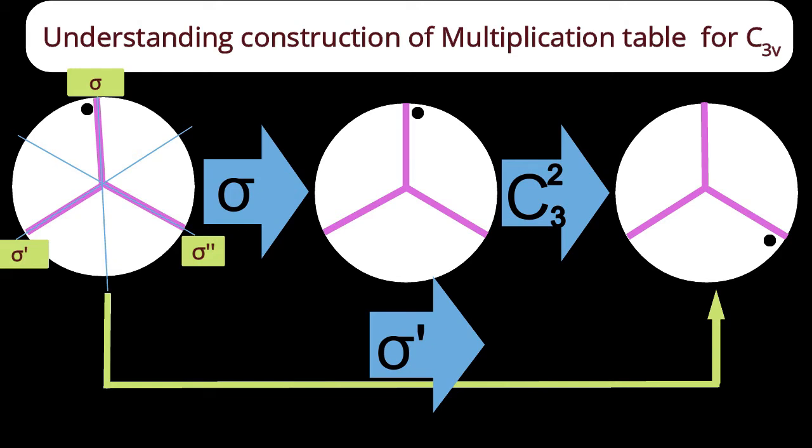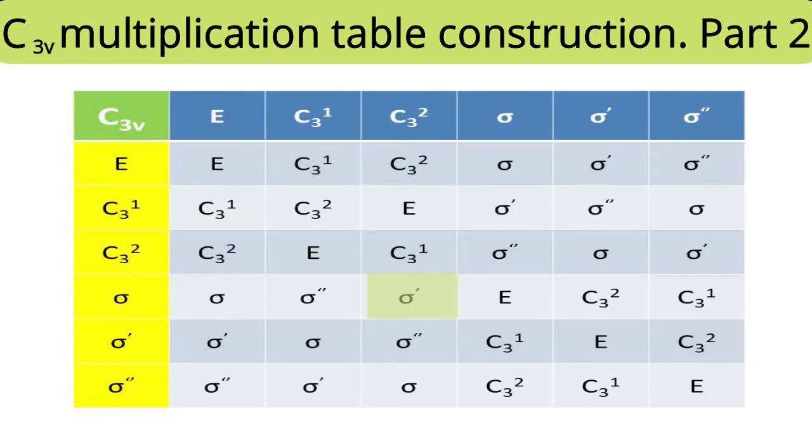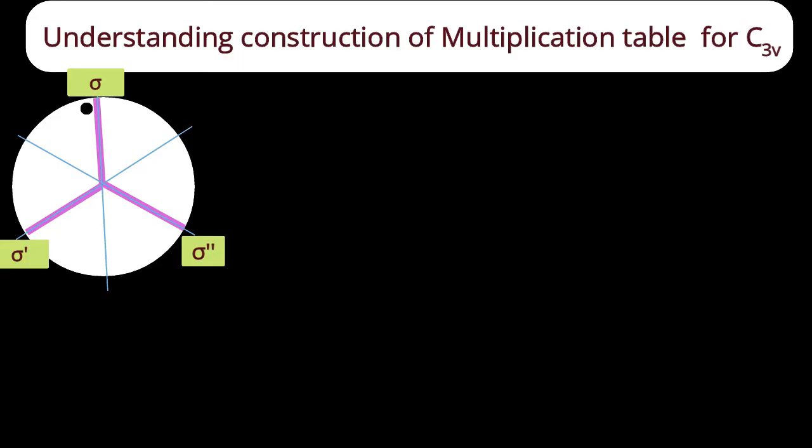Let us see what the multiplication table says. Sigma into C32 is equal to sigma dash. We are right. Let us now construct the next point. It's our original ammonia molecule with 3 NH bonds, and the knot is to the left portion of the upper bar. Sigma, sigma dash and sigma double dash, 3 planes are there in anti-clockwise direction. Let us perform reflection through the sigma dash plane. After reflection, that knot will come to the right side bar, but where? Yes, it will come to the lower region of the right side bar.